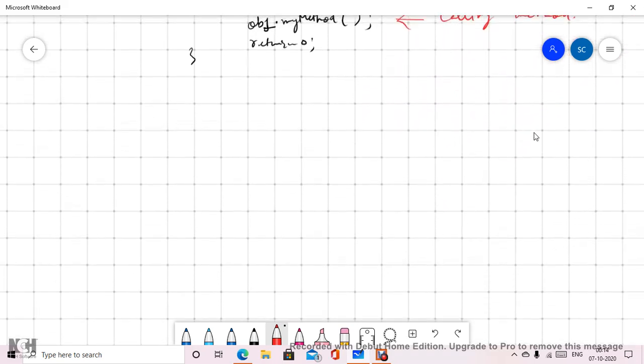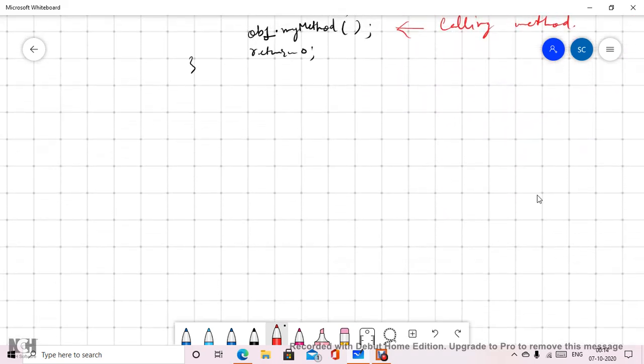Now let us talk about when we have an outside definition, how it will be done. To define a function outside the class definition, we definitely have to declare it inside the class and then define it outside the class.